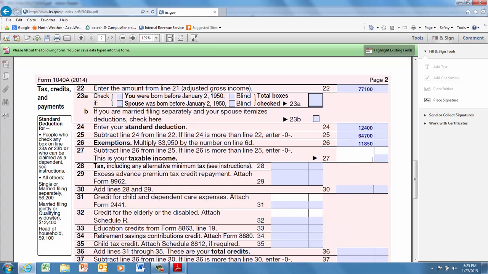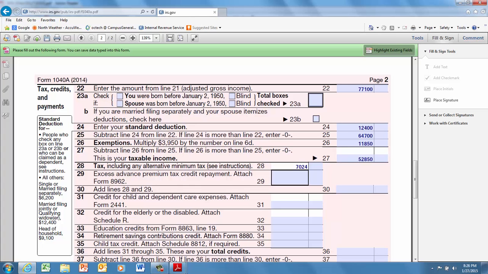Line 27, subtract 26 from 25. If 26 is more than 25, enter 0. Well, 26 is not more than 25, so I'm not going to put a 0. I'm going to take 25, 64,700, and subtract the 11,850, and I get 52,850. Line 28 is the actual tax. And so this is where I need to go to the instruction booklet and look up the tax for $52,850 for married filing jointly. And if you look up that, you will see